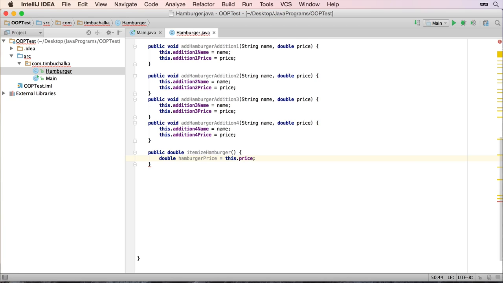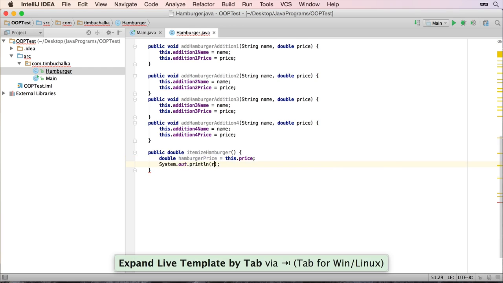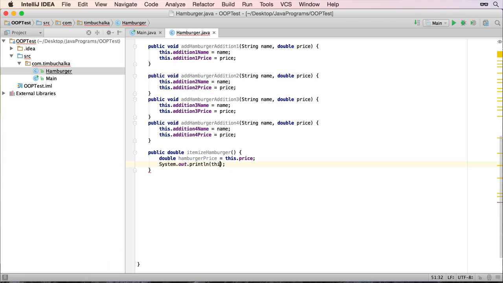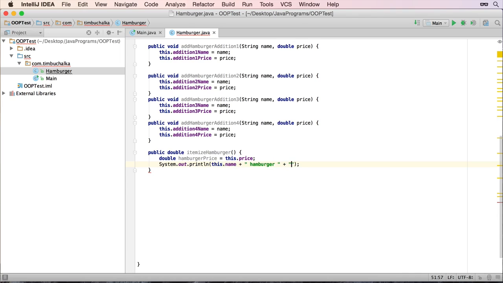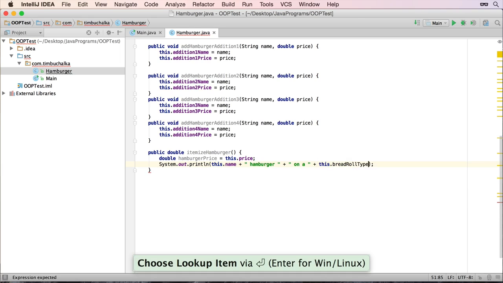So now we need to go through each of the 4 additions and determine whether there was an addition that was passed, and if so, add that to the price. But we'll also put a line of output here just to confirm what we're doing. So we're going to put the name, so this dot name of the hamburger, plus on a, so there's type of bun, plus this dot bread roll type, and we'll just put the word roll after that,